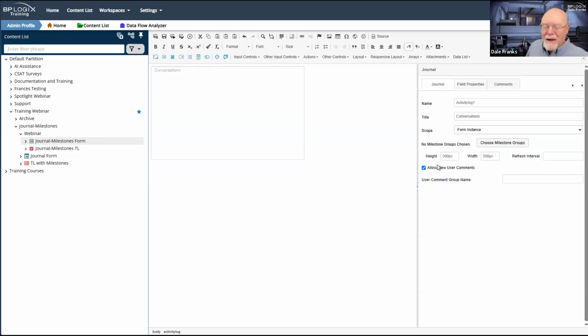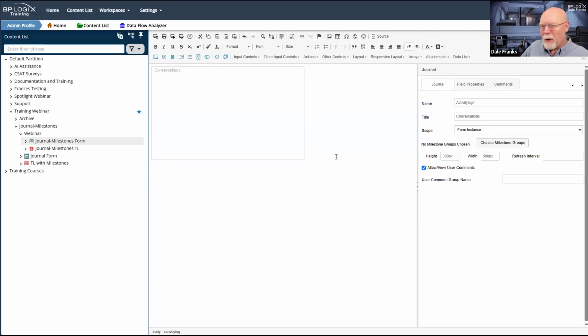So what that means with this scope is I can go into the form definition for this form and go to the milestones tab, and I can create as many milestones and indeed as many milestone groups as I want to create. And all of them that are there on the form are accessible to me in a single journal control, if that's how I want to display them.